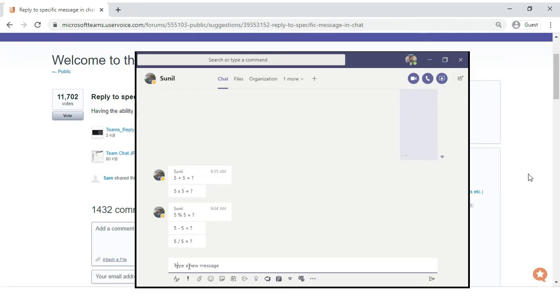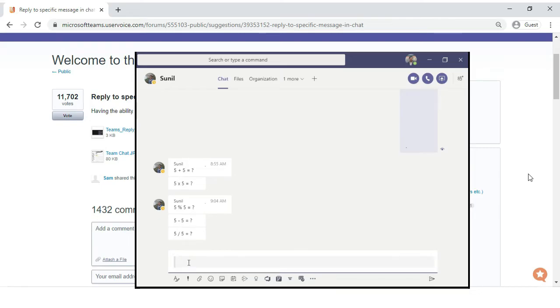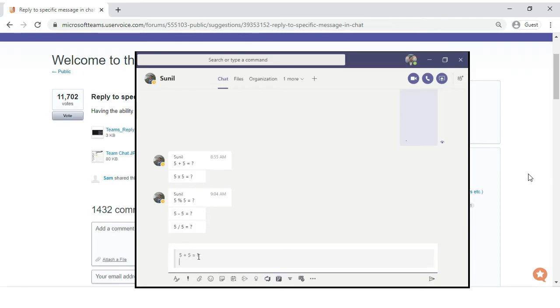Now the text cursor will be placed in the response text box. Once the cursor is in the response text box, type the greater than symbol. Once you type the greater than symbol, it will pop up an internal quote box. It is a kind of text box within a text box where we can paste the content that we copied earlier by either Ctrl+V or right click and paste.